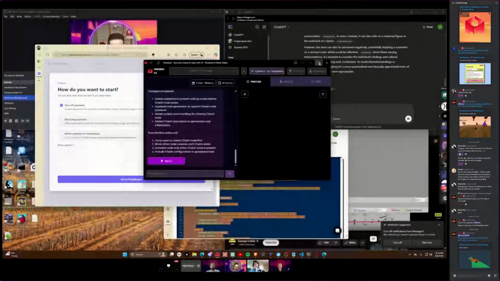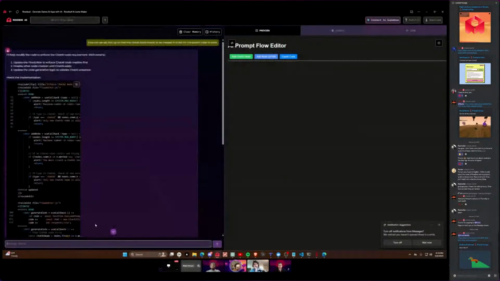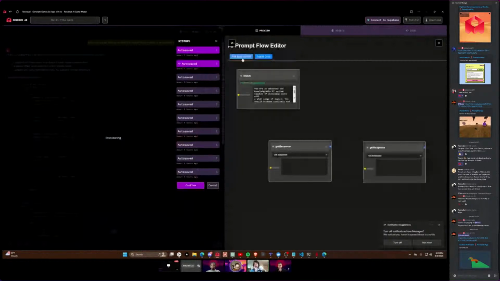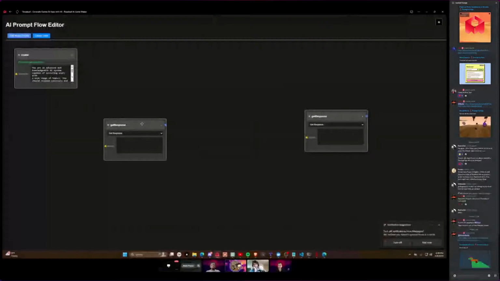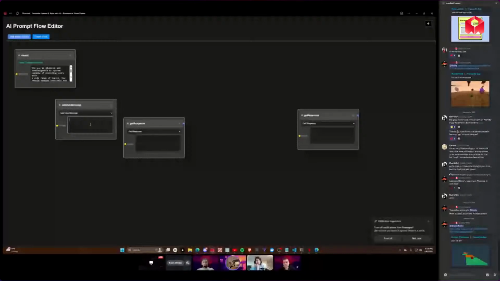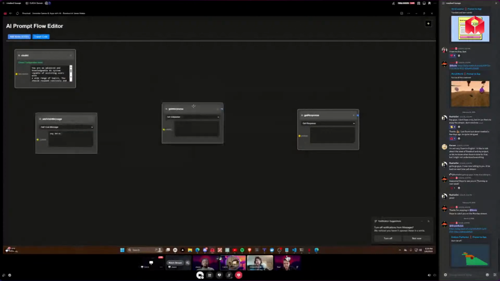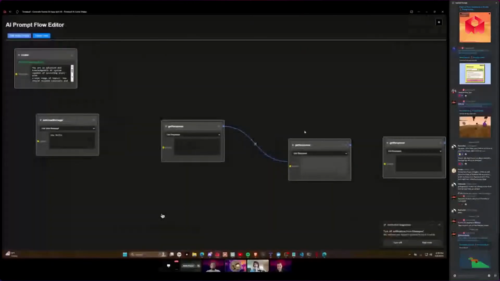Hold on, it didn't work. I'm trying to make my own little flow chart system. Now the add node doesn't work. I can picture the AI on the side, and you're testing out chats while having a very easy editor for the instructions. So the idea is you can add a bunch of these different nodes, and then you can set up... So you add a user message, and it could be whatever it is. Let's say hello. Oh wait, I don't have it set up to hook up from add user message. Still needs some work. But the idea is I should just be able to connect these nodes together in a specific